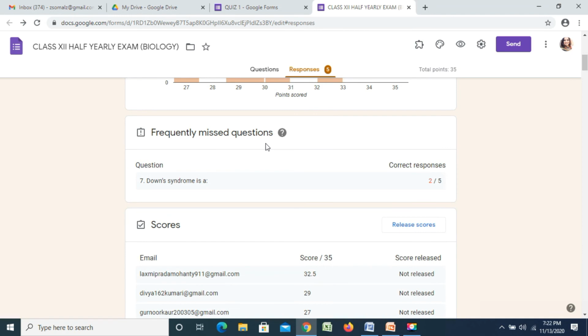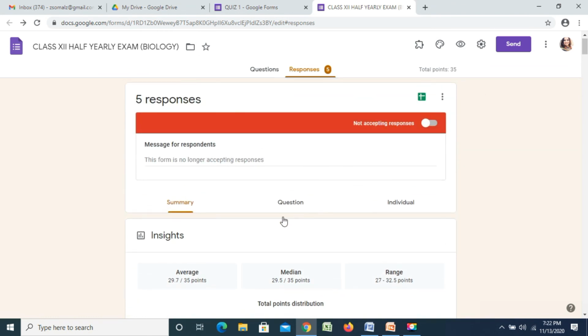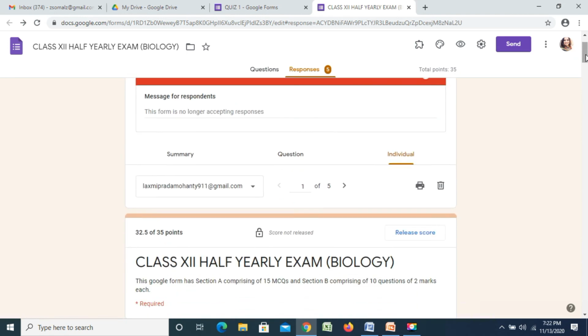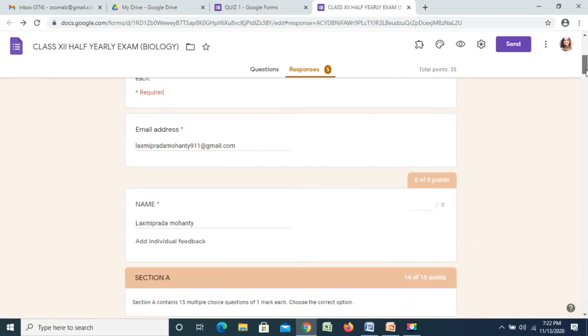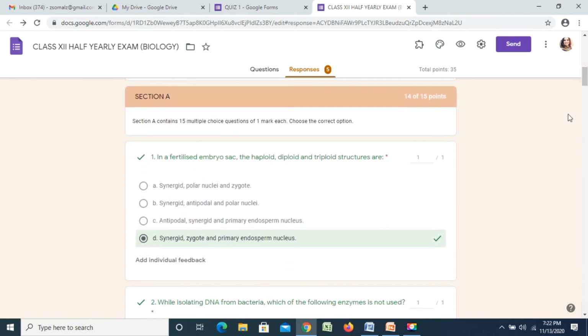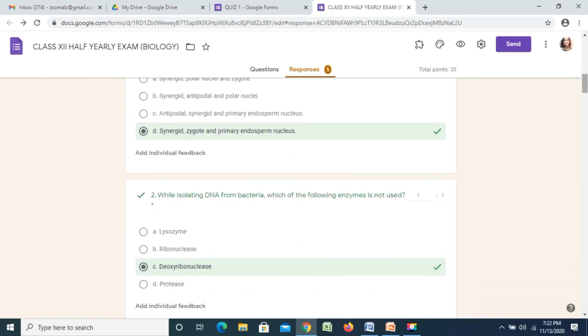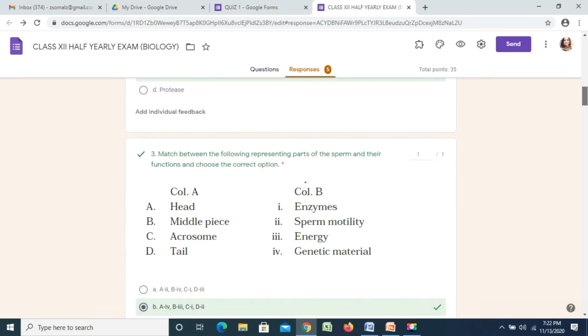Frequently missed questions are mentioned here. Then if you click individual, you will find the individual scores of the students. The students will be able to see the answer key once the scores are released to their email IDs.